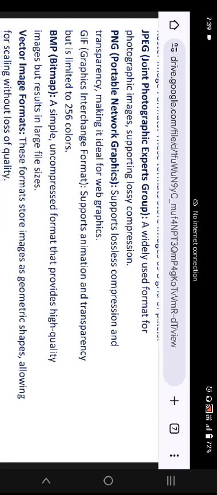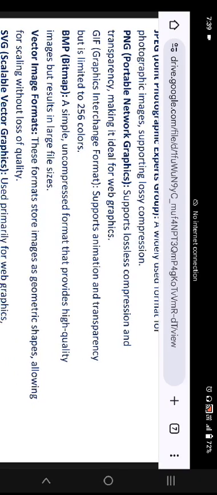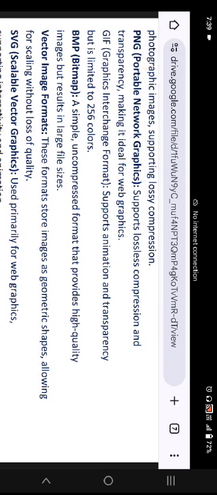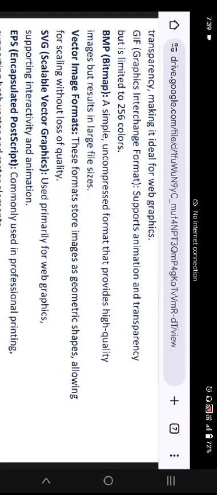Next is PNG, the portable network graphics. It supports lossless compression once again and transparency, making it ideal for web graphics. The next one is GIF, the graphics interchange format, which supports animation and transparency, but it is limited to 256 colors only. And next one is BMP image format, that is bitmap image format, a simple uncompressed format that provides